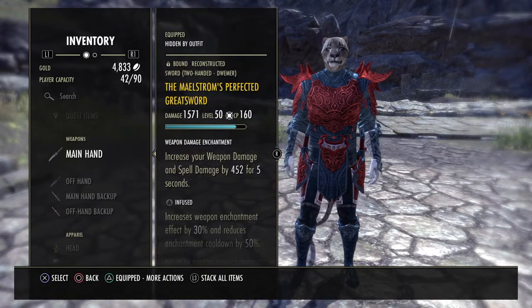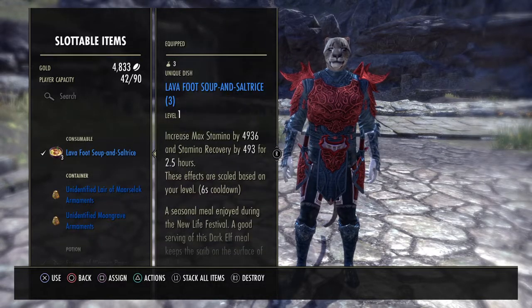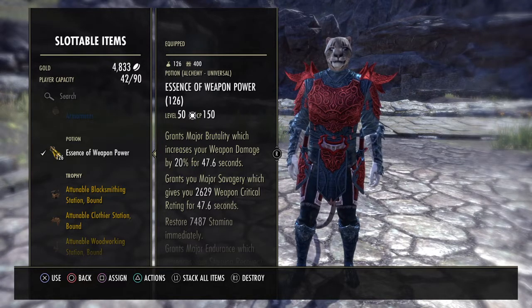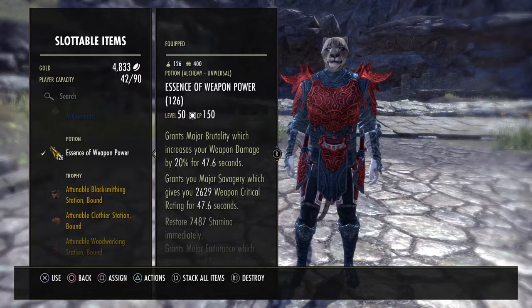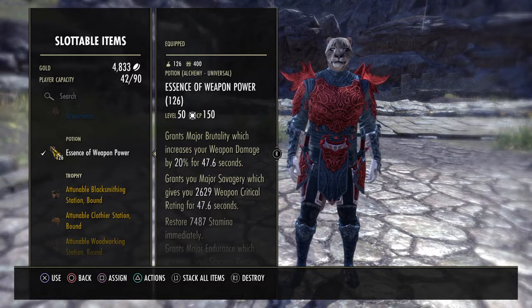Now, with all of that being said, we use weapon potions on this build because it's easier to run weapon potions than try to keep constant skills up, and you are going to need to have that stamina regen. It is very important. You could run tri-stats, but you're going to be losing out on some damage with Major Brutality,